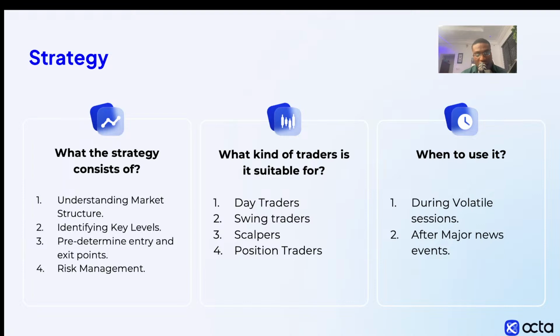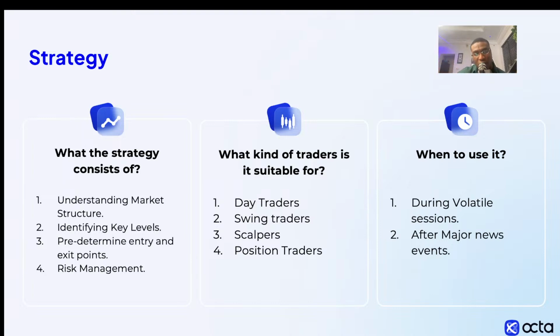So first, the strategy consists of understanding market structure, right? If you're going to use the strategy that I use, then you should be able to understand market structure. This involves trends, first just coming to the market and being able to understand the trends, look at the pattern of the markets. Are we going up? Are we going downwards? What pattern is being showed to us right now? Are we ranging? Areas of supply and demand. Those are the things that would help you understand market structure.